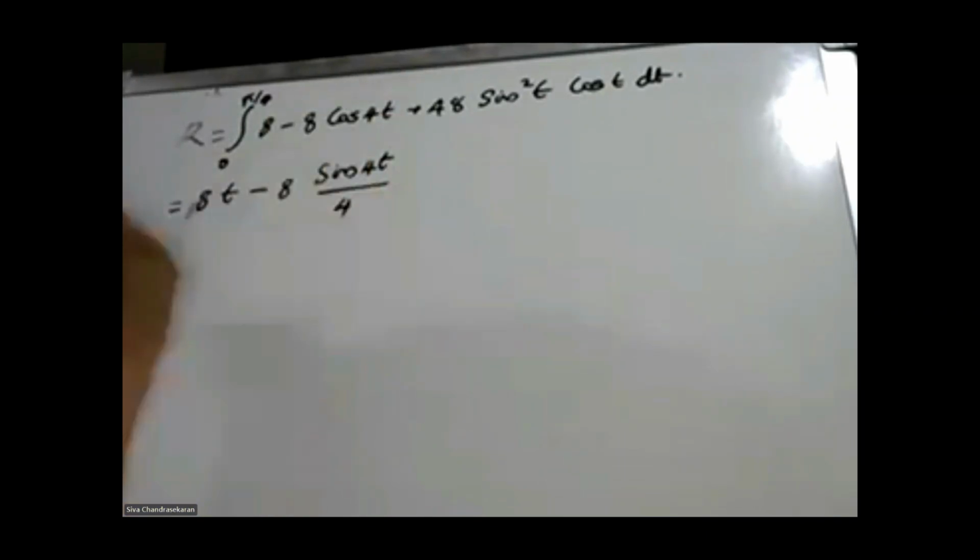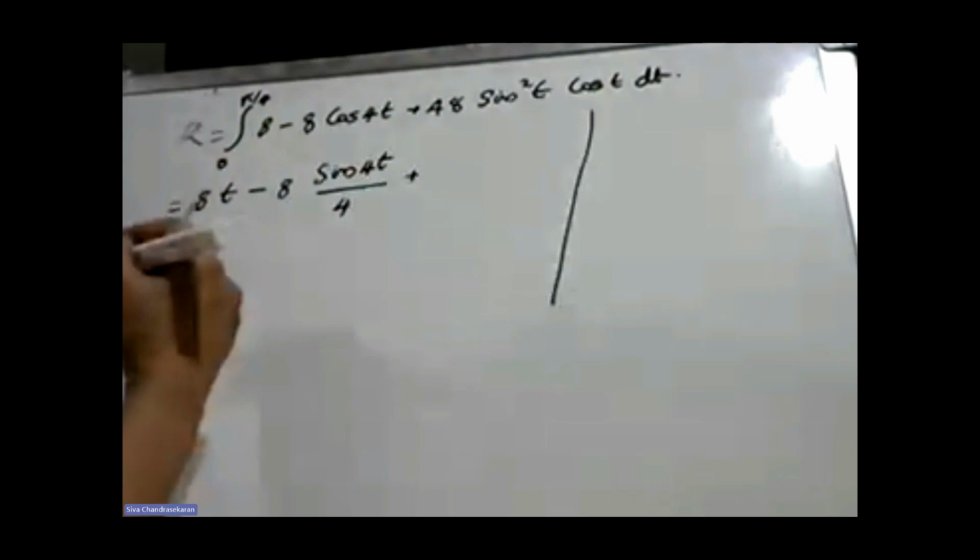That is sine 4t, and I have to divide it by 4. Instead of sine t, I have taken sine 4t, so I have to divide by the derivative of 4t, which is equal to 4, plus